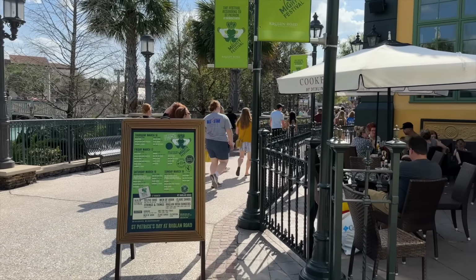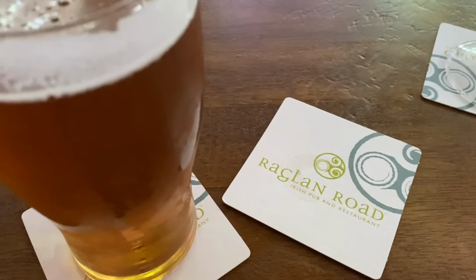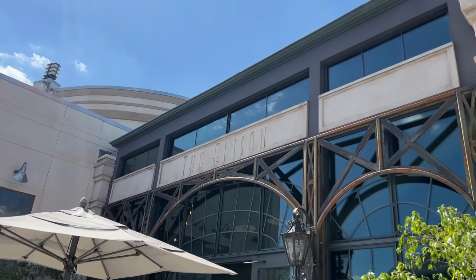At Raglan Road's outside bar only, you're going to find happy hour Monday to Friday from 11 a.m. to 5 p.m. And this is for all you folks who want those $6 domestic draft beers and or $6 premium well liquors. And the final restaurant in Disney Springs with a listed happy hour at the time of recording,